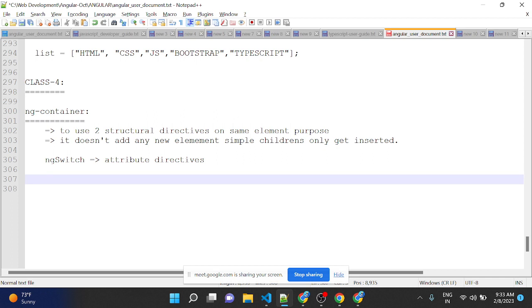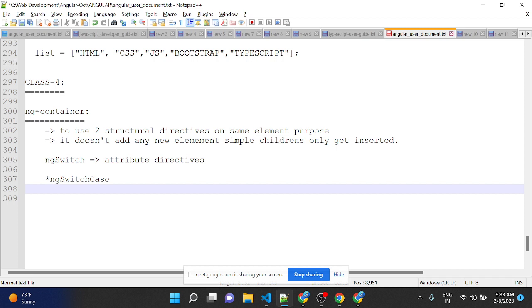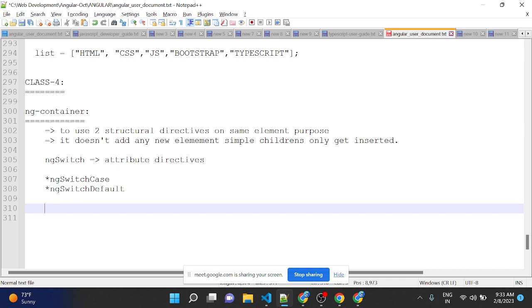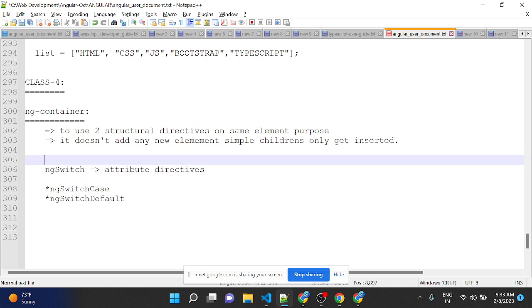You can use star ngSwitch case. Next is attribute directives. Actually, we already started with attribute directives, but